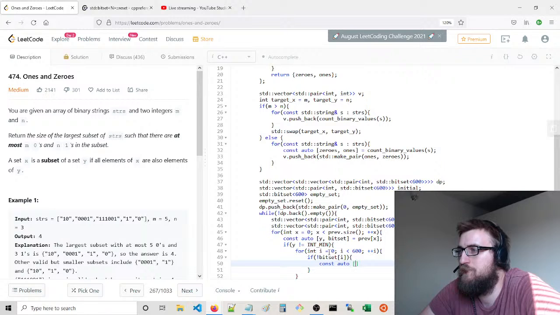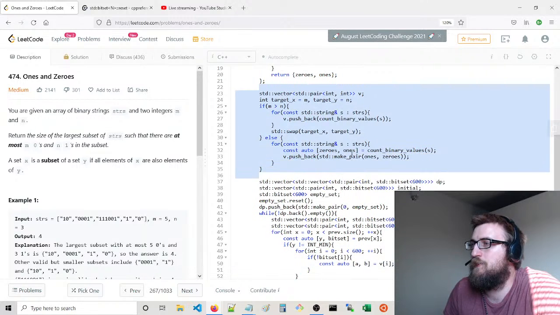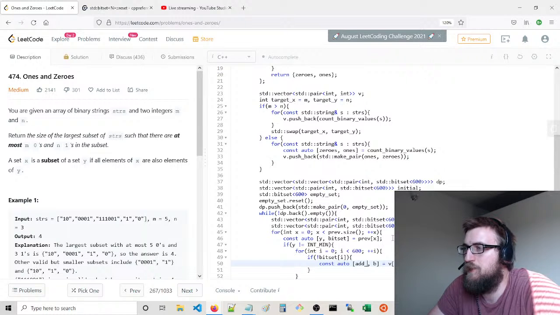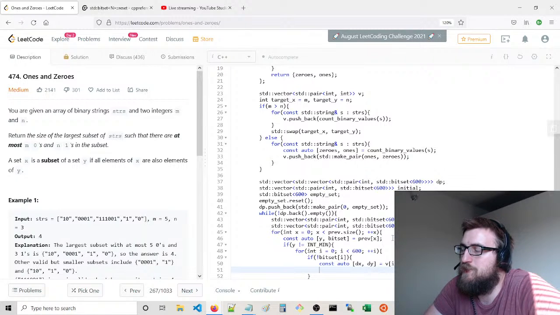const auto xy or ab from, we're going to destructure v of i, right, which we set up here before. Destructure v of i, and we're going to say sort of add x, add y, or dx, dy. It's probably something like that. Delta x, delta y. And we're going to say if